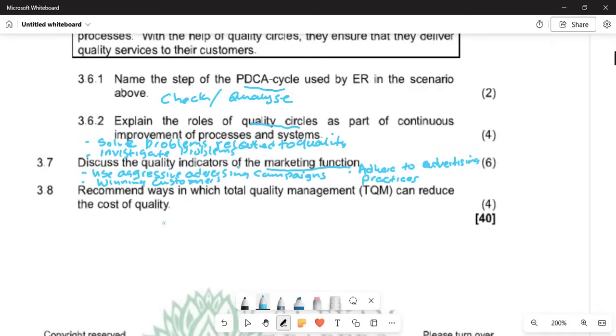So that is that. 3.8, recommend ways in which total quality management, TQM, can reduce the cost of quality. How they can reduce what? The cost of quality. This is where we can say introduce quality cycles. That is when we are talking about small teams of 5 or 10 employees who meet regularly